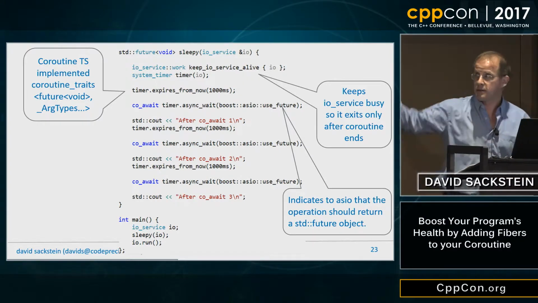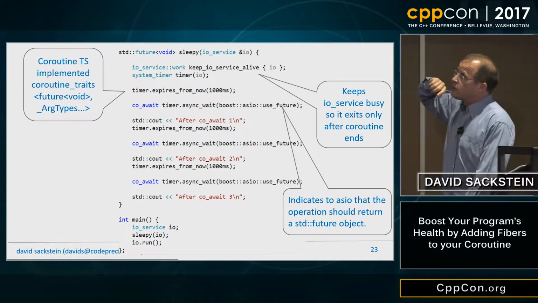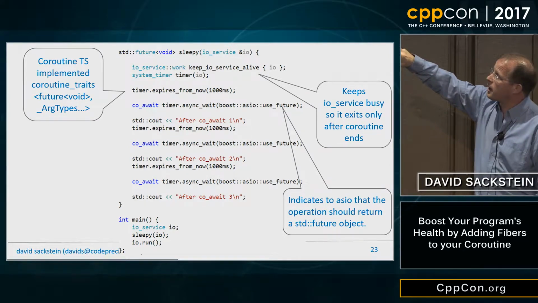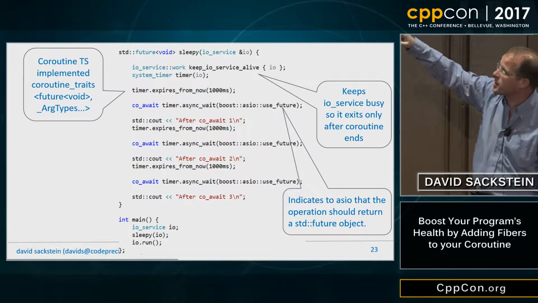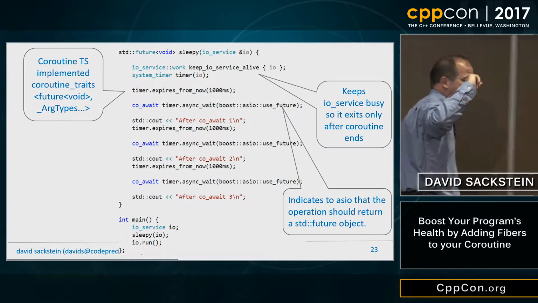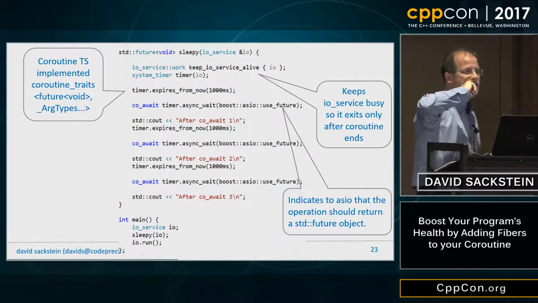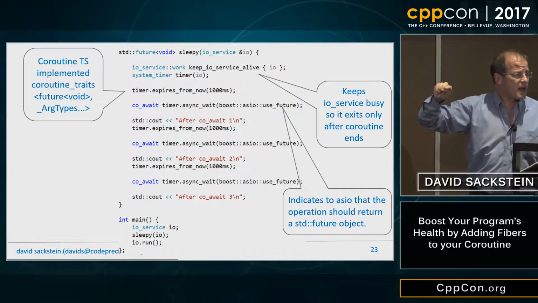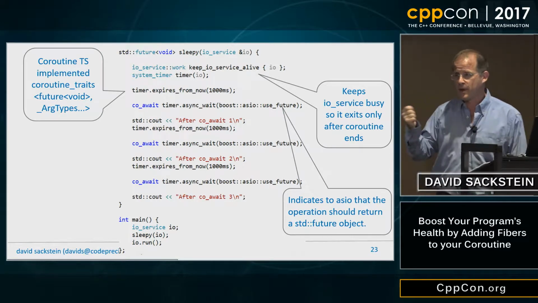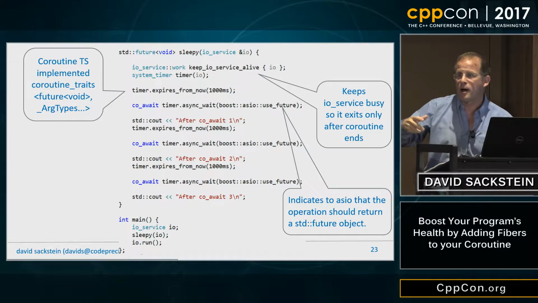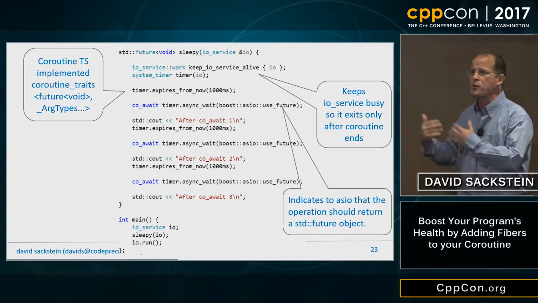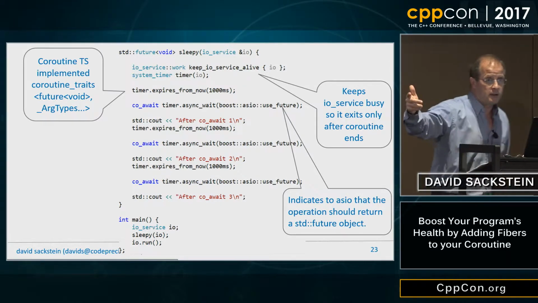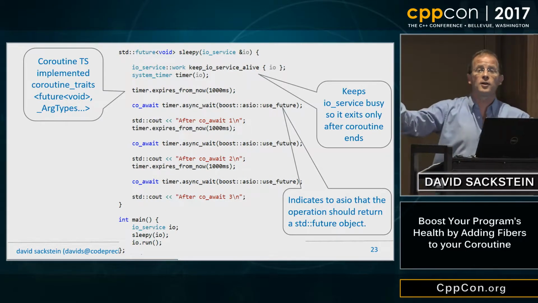If you look inside this function, you will see that there are a number of co-awaits. Each of these co-awaits is calling an asynchronous operation. This is a timer object. I want you to ignore for one moment the first line of that function. This is the detail of Boost ASIO, which I don't want to go into now. But the second line creates a timer, a system timer, which is based on Boost ASIO. The timer is associated with the I/O service, so it can post callbacks to the I/O service. And then we can configure the timer to trigger in 1 second, and then we can co-await on the async